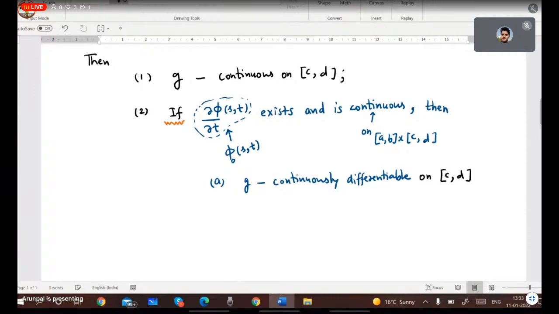And class, you know the meaning of continuously differentiable. Continuously differentiable means class that the derivative of G will exist, and moreover, the derivative will come out to be a continuous function. Right, class? Yes, sir. So G is continuously differentiable. And secondly, what will be the derivative of G? I am talking of the derivative of G. The derivative of G will come out to be this integral a to b